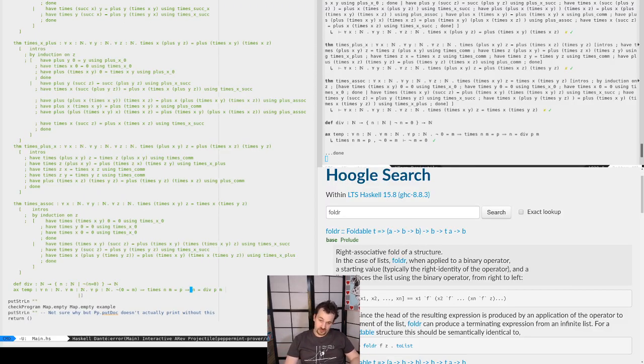We could also return a pair and define the actual Euclidean division. But you can define division directly, I think, and characterize it as being a Galois connection with times with respect to the natural ordering, or something like this.